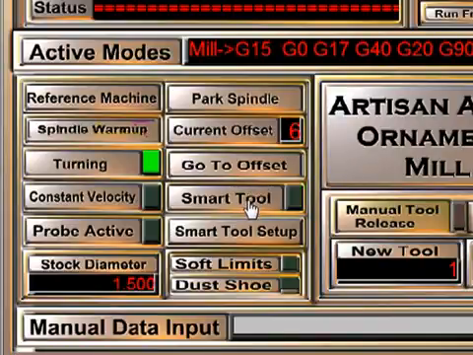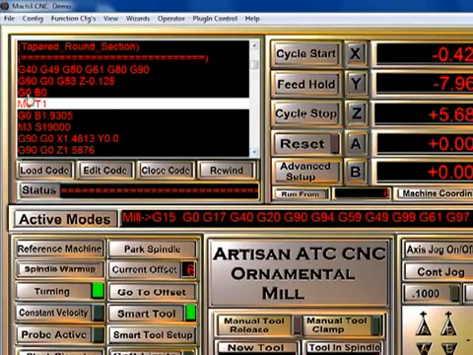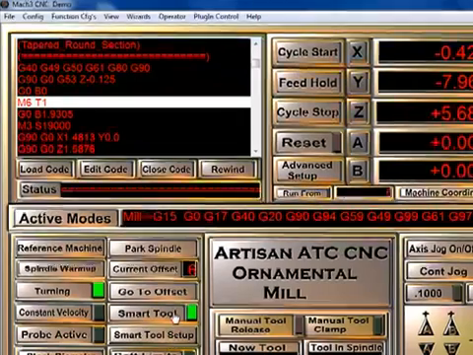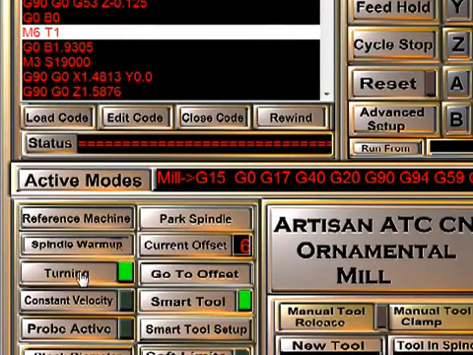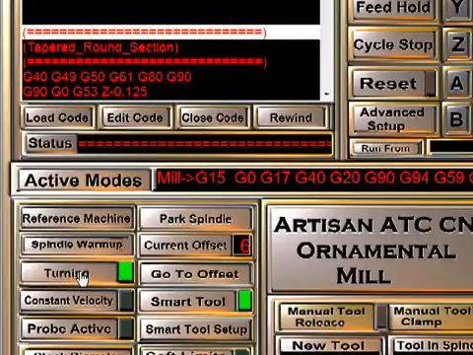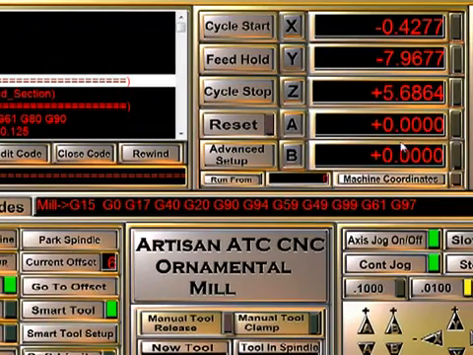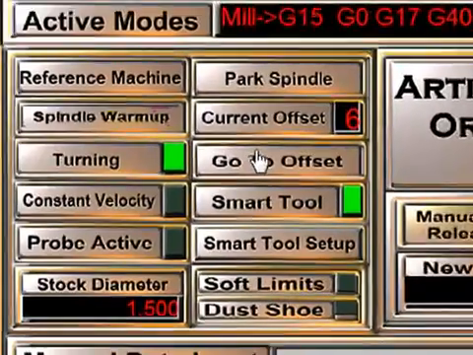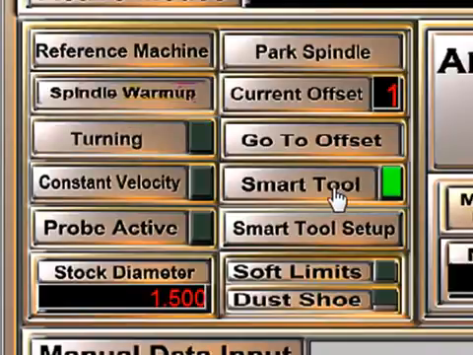Smart Tool is a little different in this program than our previous versions. We only have one Smart Tool button instead of a Smart Tool A and a Smart Tool B. When you turn this on and the program sees an M6, which indicates that we need to change the cutter, once you change the router bit and press cycle start, it will run down and touch the Smart Tool pad. Now, depending on whether you're turning or working on flat stock, it will set the value of Z differently. For example, if we're turning between centers, once it touches off the Smart Tool pad, it sets Z 0 at the center line of the turning blank. If you're working on flat stock, it will set Z 0 on the surface of the wood or the table.